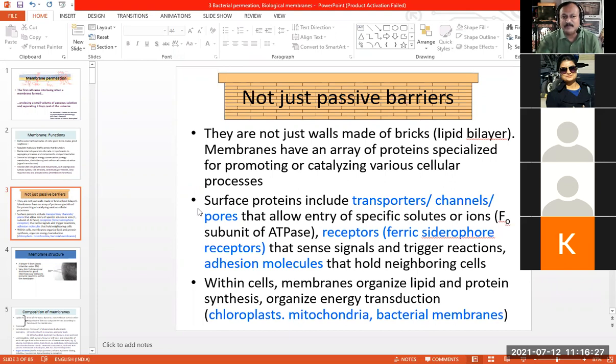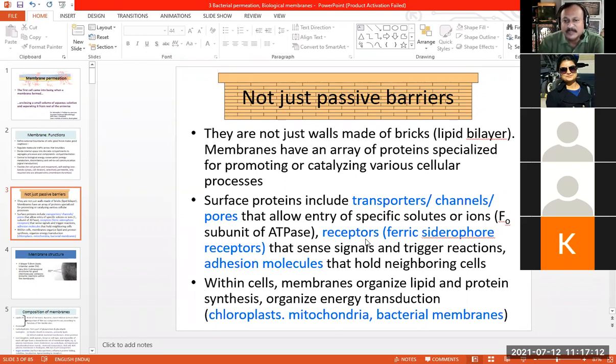We have already seen the example of FO, F1 ATPase, if you remember that. We have also seen that the FO part, which is the membrane-spanning part, forms a small pore or channel in the membrane, and through this channel the protons are transported from one side of the membrane to the other side. In that process there is another part associated, which is called the F1 subunit. This F1 subunit changes conformation because of the energy carried by the proton movement, and that energy is used to convert ADP into ATP. So that is a very interesting thing that we have seen. The mechanism also we have studied.